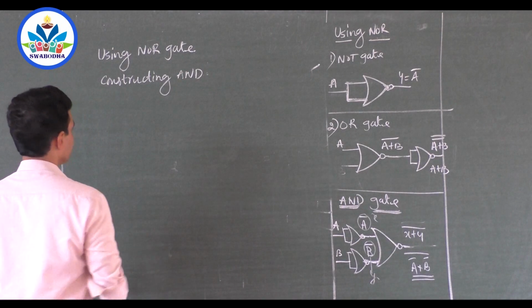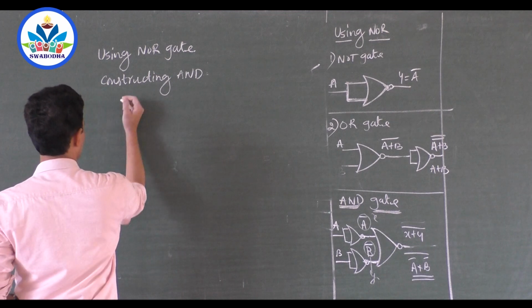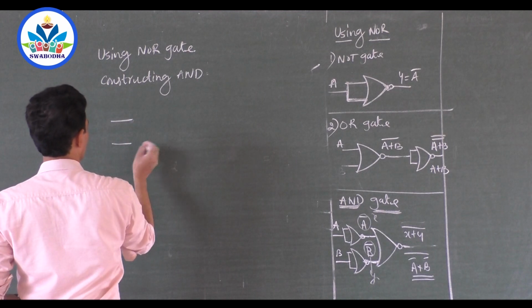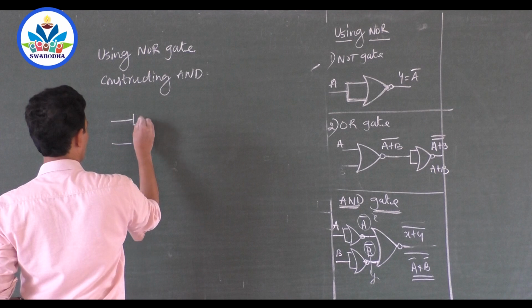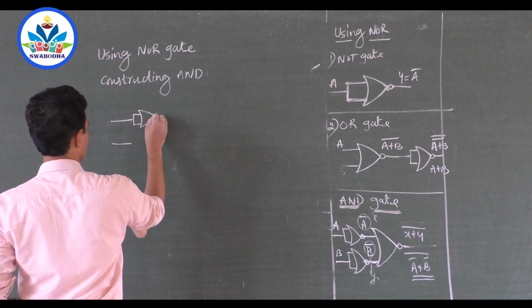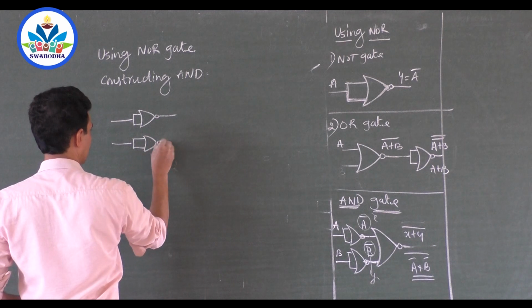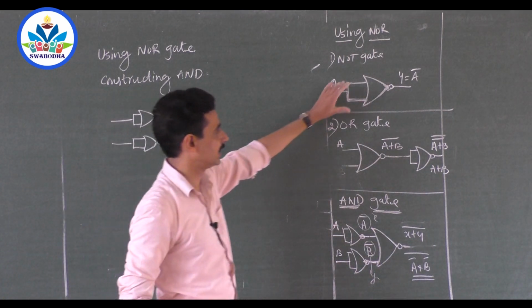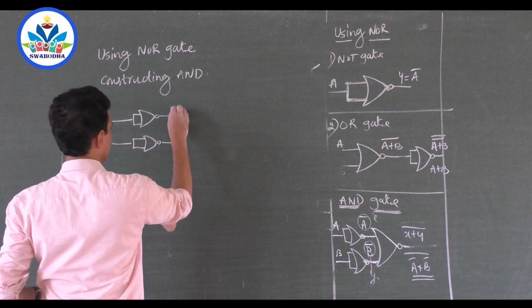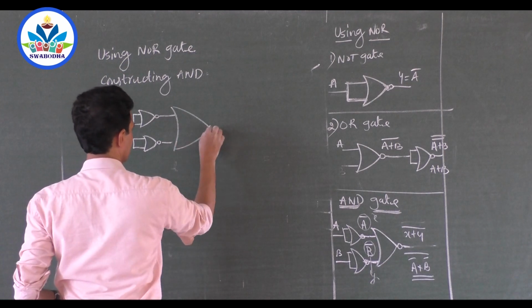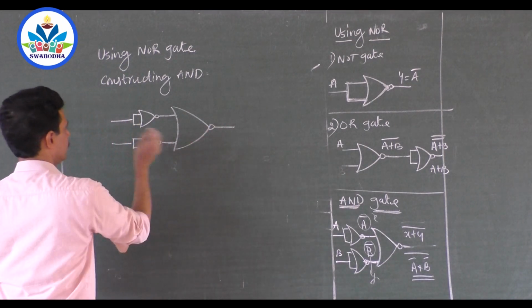Yes, you see here. This one input. So you should have one NOR gate here. Right? Another NOR gate. Both will act like a NOT gate since their inputs are shorted. And that is given to another NOR gate. It looks very beautiful, right?